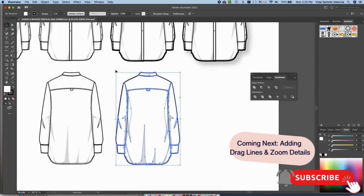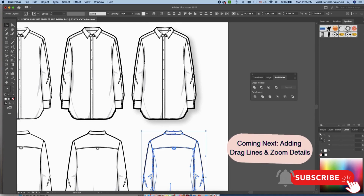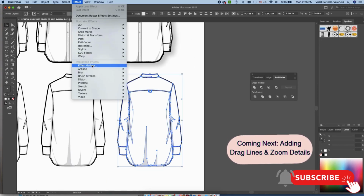Additionally, some people like to add a drop shadow effect. So you can see up here, this has this shadow outline to it. An easy way to do that is to just make your selection and go to Effect. And it should be under...